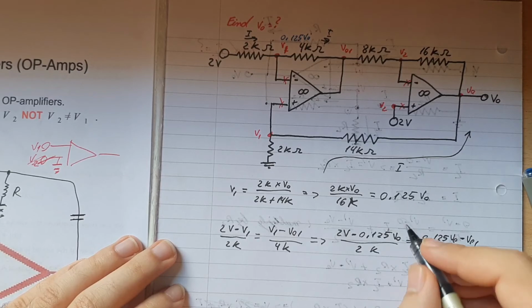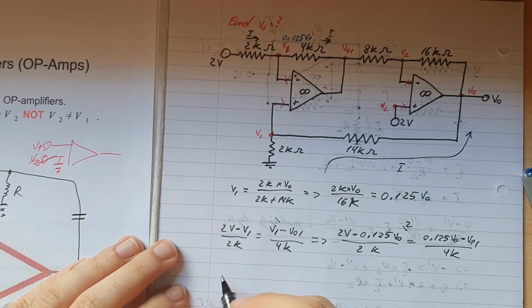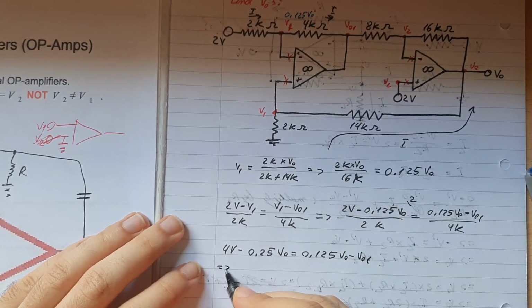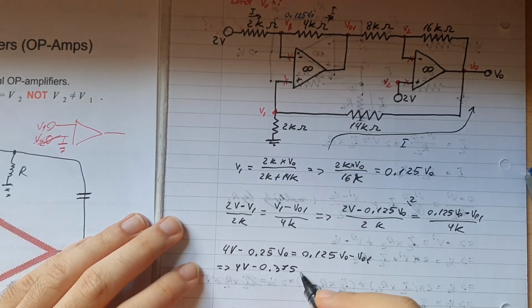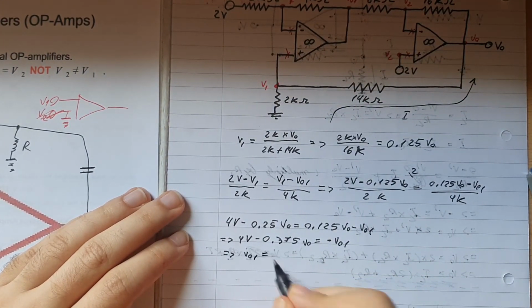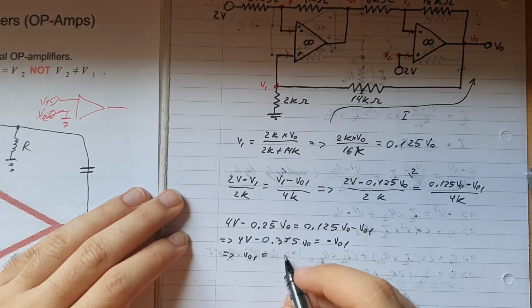So this is 2K, this is 4K, so we can multiply this one by 2, so we can bring both of them to the same number. So then that will be 4V minus 0.25 V out equal with 0.125 V out minus VO1. Therefore, 4V minus 0.375 V out is equal with minus VO1. Alright, and therefore VO1 will be simply equal with 4 minus 0.375